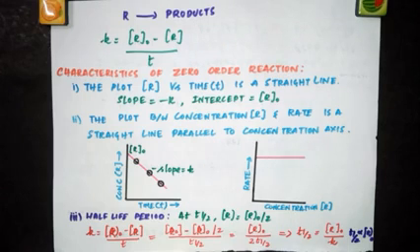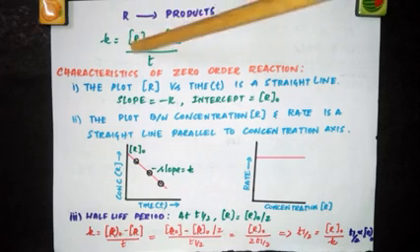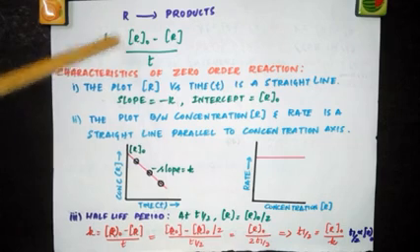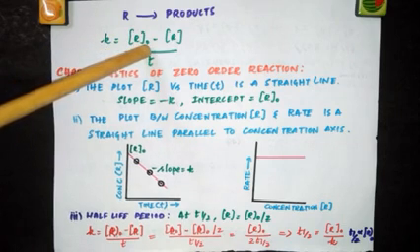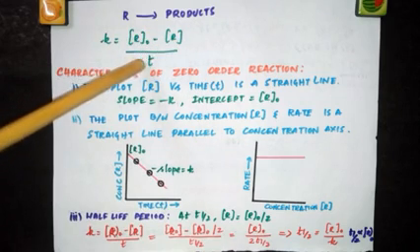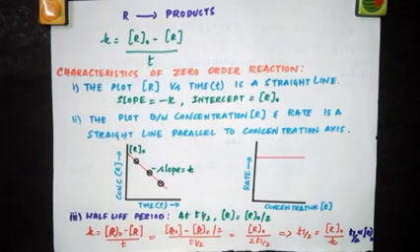Before that, when we derived this integrated rate equation for zero order reaction, we took an equation A giving products. In your book, they would have given R giving products. If that is the case, then instead of A, you have to put R naught minus R divided by T. So now tell me, what is K? K is the rate constant. R naught is the initial concentration of the reactant. R is the concentration of the reactant at time T, and T is the time taken. So this is the integrated rate equation for a zero order reaction.